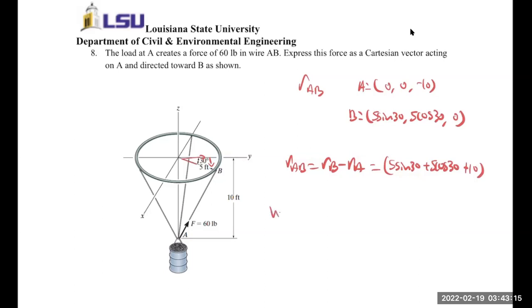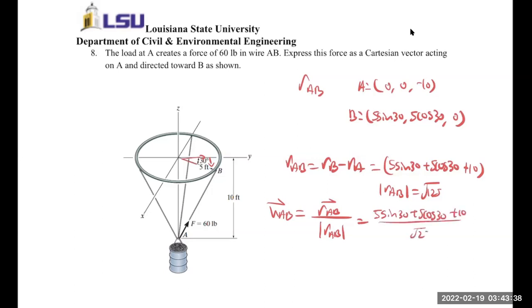And then my UAB vector. So the magnitude of RAB is the square root of 125. So UAB is our RAB vector divided by the RAB magnitude. Put this in the calculator, and you're going to get